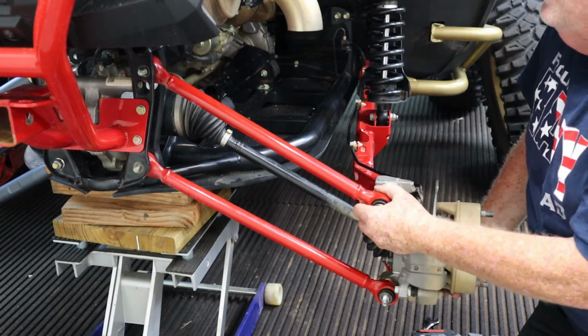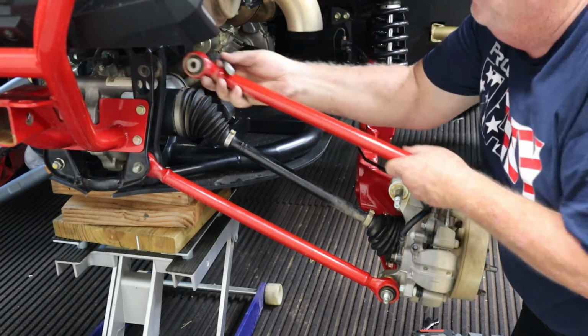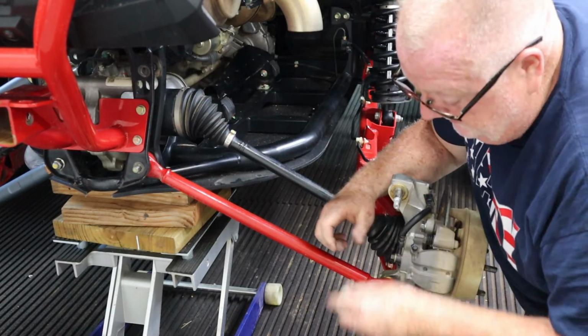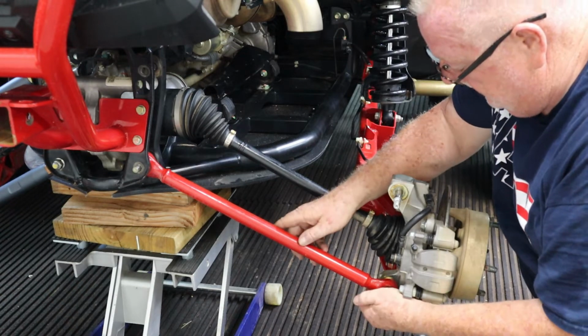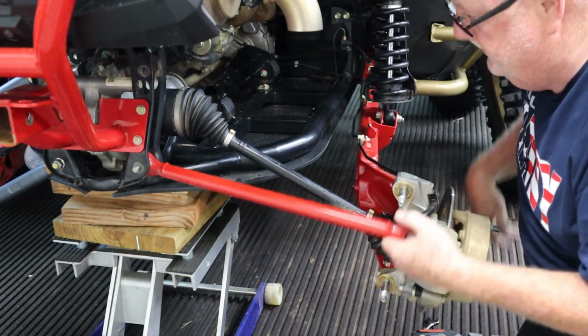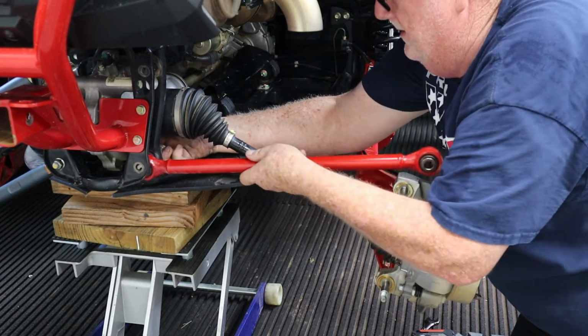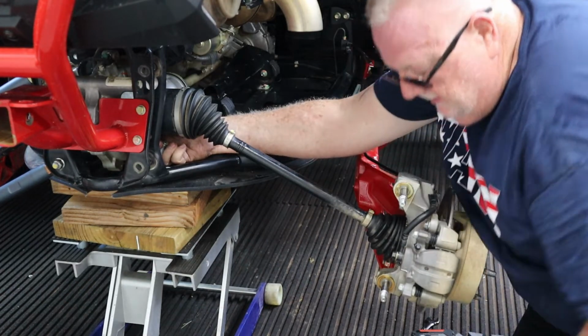So just going to pull this off the stud, pull the bolt out. That's all there is to it once the nuts are off. These are 17 millimeter all the way around here. It's very, very simple. We got that. So okay,